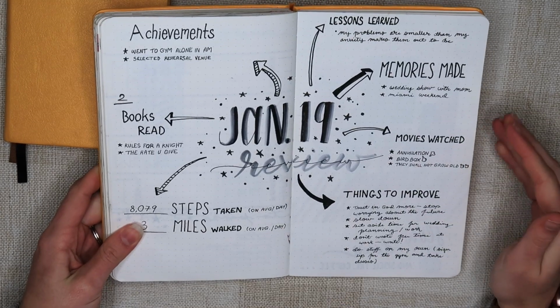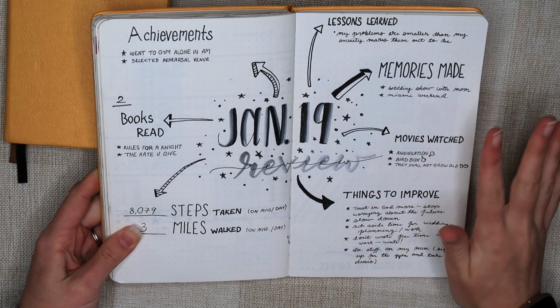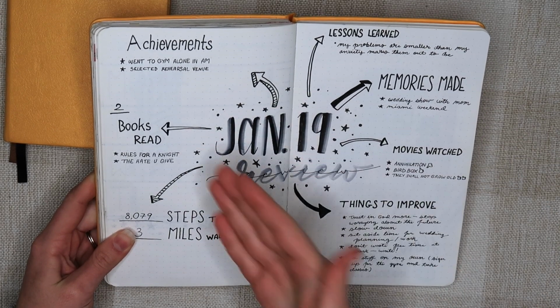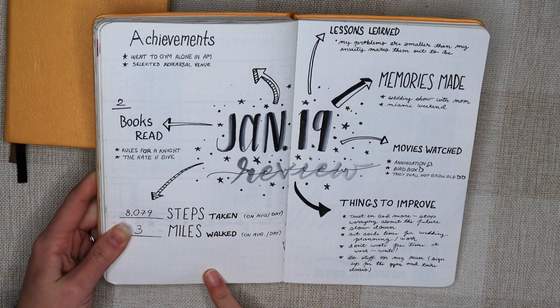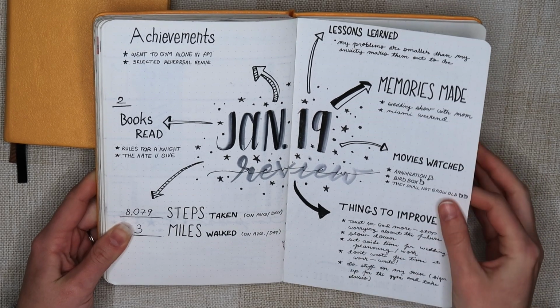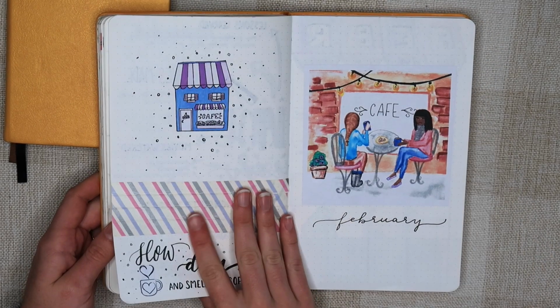And then one thing I started doing in the new year that I really liked but then teetered off towards the end of this year was doing a month in review where I looked at achievements, books read, I was tracking things with my Fitbit like steps taken, and then I looked at lessons learned, memories made, movies watched, and things to improve. So that was a fun thing to do,